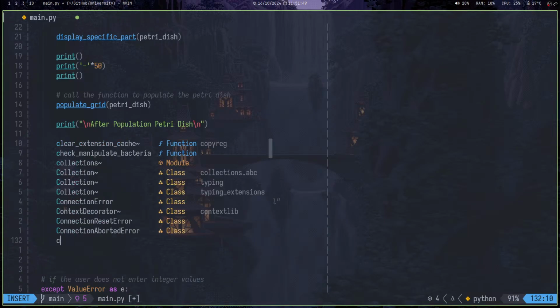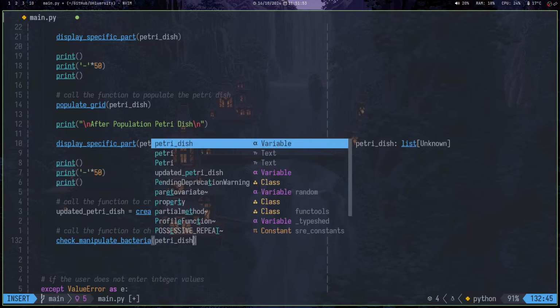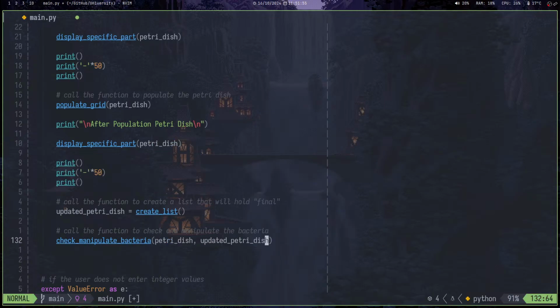So check underscore manipulate bacteria petri dish, and then update it to petri dish, and then we're gonna say initial